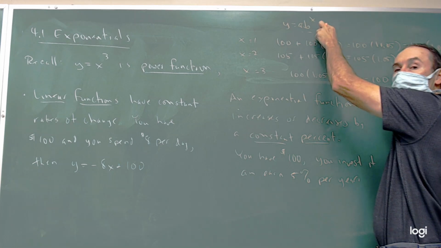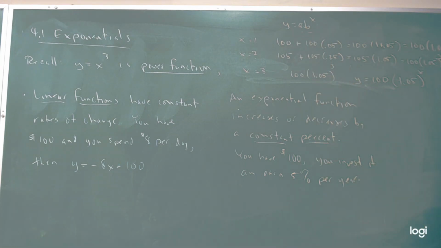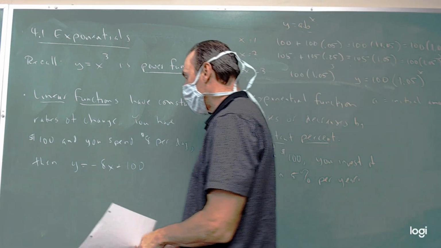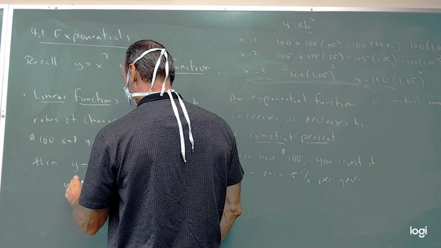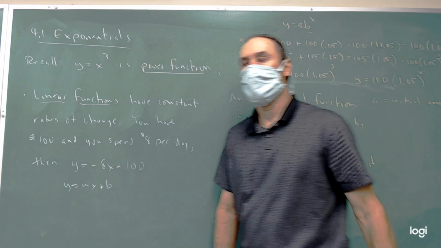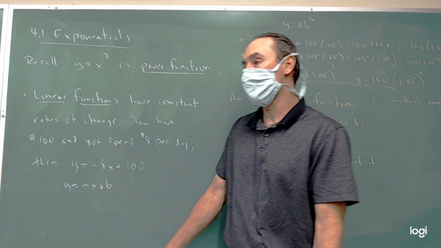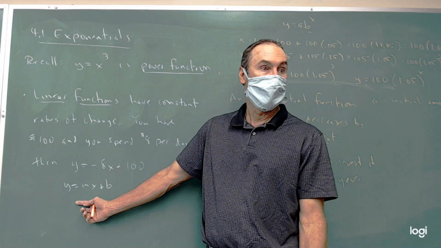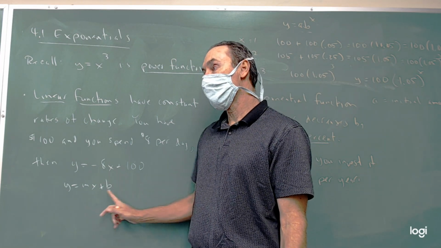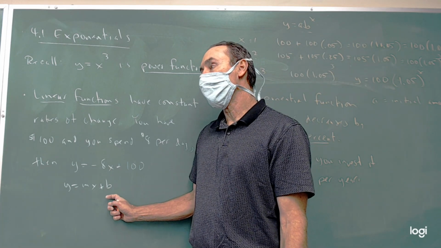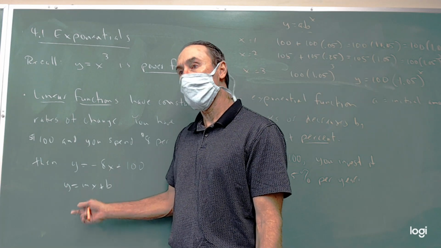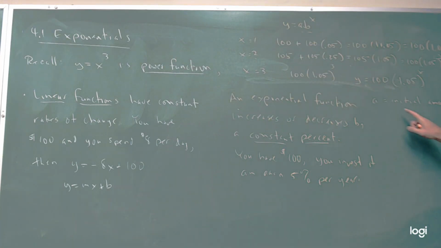B to the 0 is 1, and so at time 0, the starting amount, what we often call the initial amount, is going to be that a, which is really the same thing we get, the parallel with a linear function, right, is right there. The initial amount, we don't usually call it that in a linear function, but when you plug in 0 for x, you get the b. And so the y-intercept is your initial amount in a linear function, and the a is the initial amount in